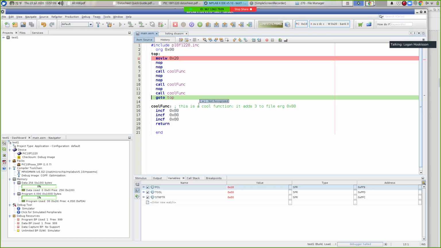How many stack registers are there? There's a single stack and it can hold 31 things. So the nice thing about stacks is we can make multiple calls that are nested inside each other. So cool func could call something else. And if we make a call to cool func, like this,